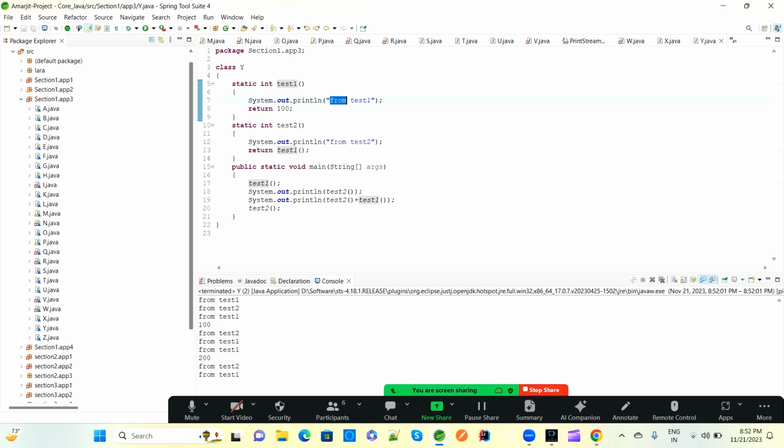So here form test 1 and then return type is 100, and then form test 2. Form test 2 and then here return type of 100, and then